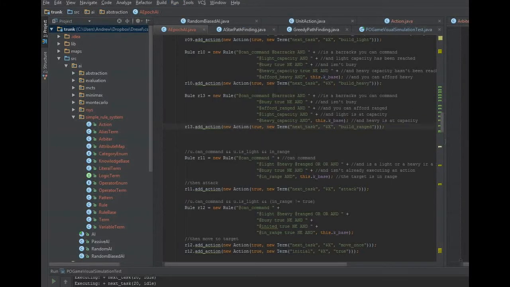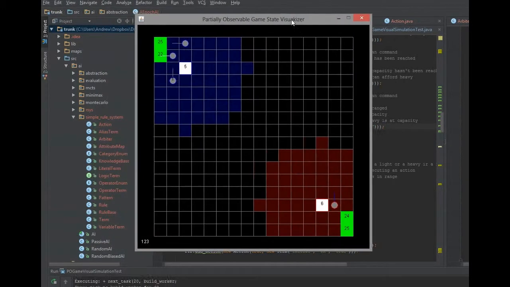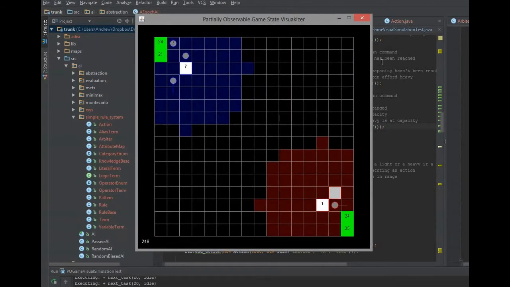This is a presentation of my implementation of a rule-based system in the MicroRTS engine. This rule system is configured to control a player's actions for certain units in an RTS simulation. This rule-based system controls an individual unit's actions as well as their objectives. The rule system examines the state of the game, looking only at what can be seen, then makes decisions based